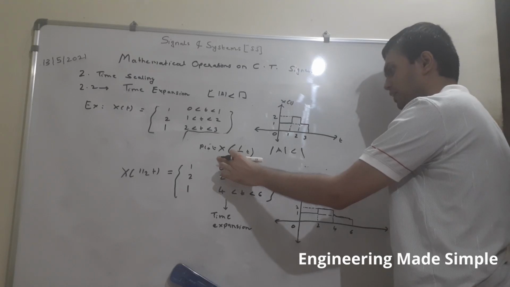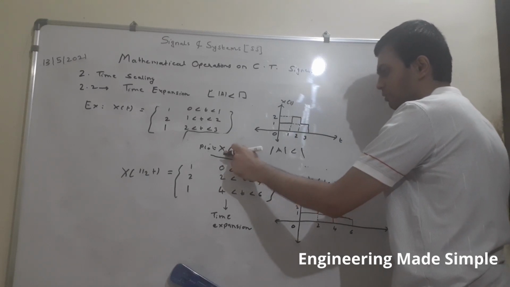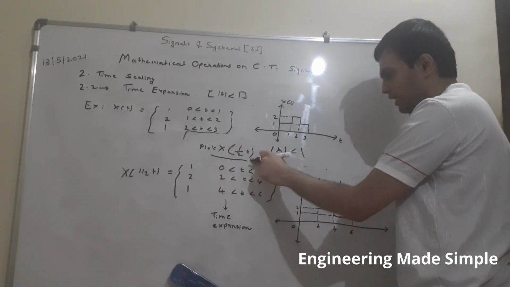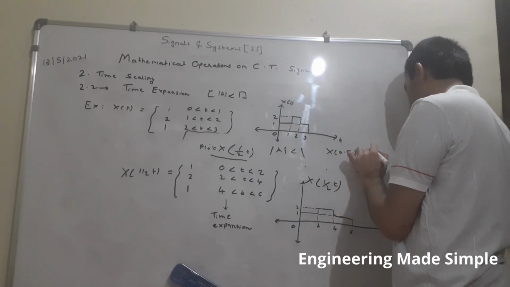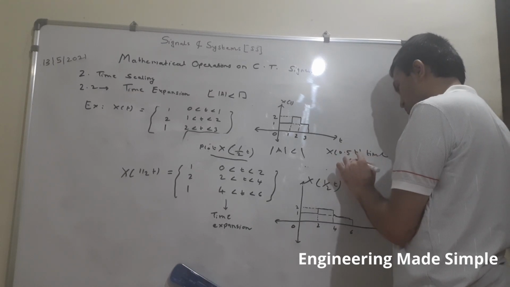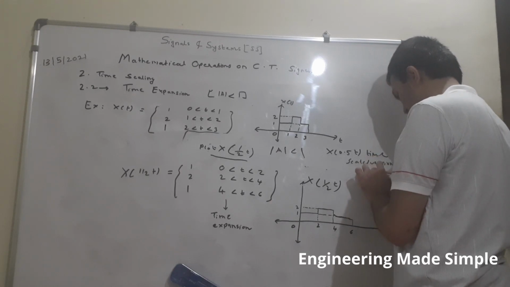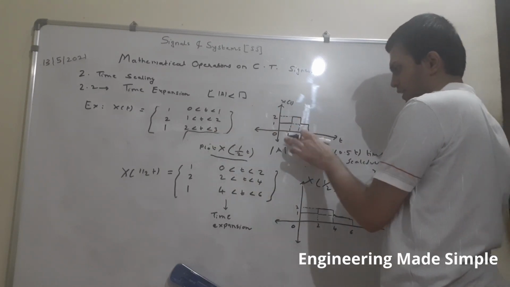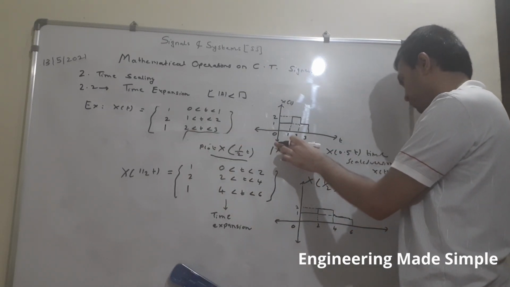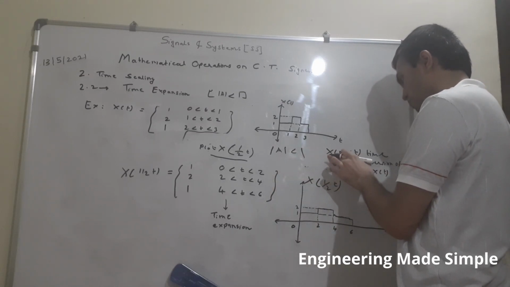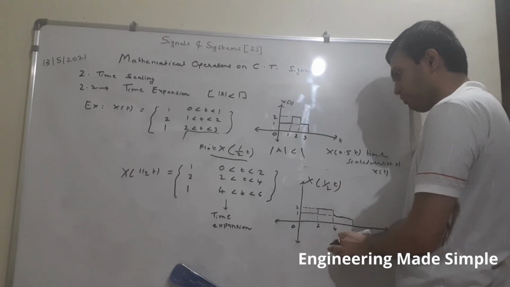From this equation we come to know that when I say x is equal to x of 0.5t that we are supposed to plot, then this x of 0.5t or half t is nothing but the time scaled version of the original signal which we have, x of t. This is our x of t, the plot of the given signal x of t. Now we are interested in finding x of 0.5t, in other words computing x of half t. How will you find that?